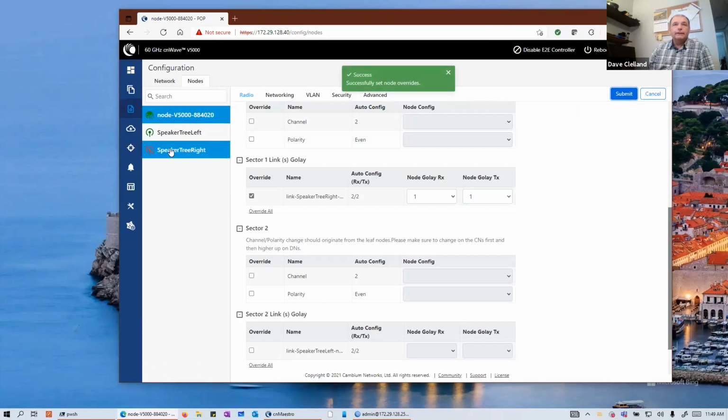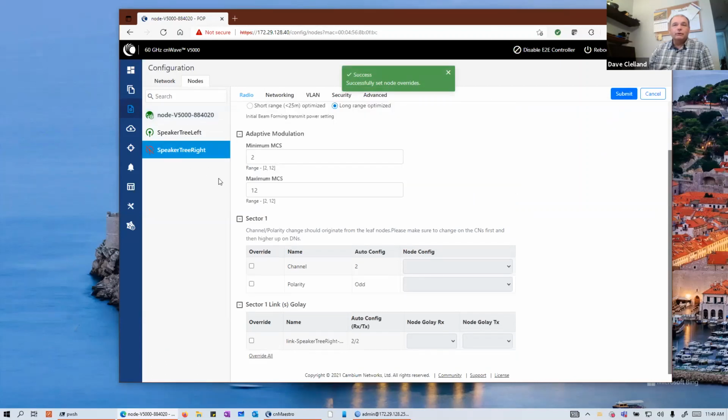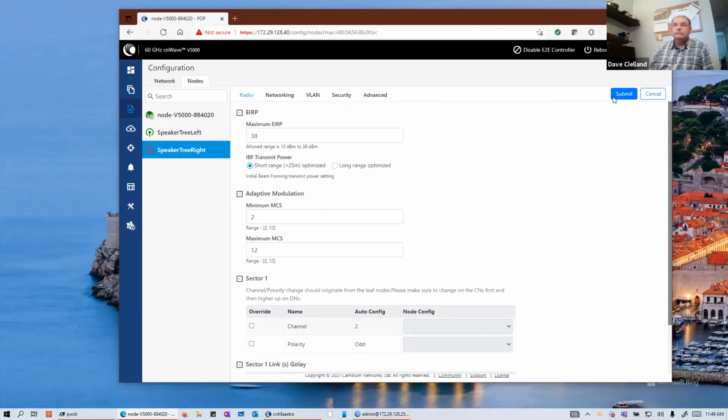Okay, and then let me go to the configuration for speaker tree right, and I'm going to override it, and I'm going to make it Golay code 1, and I'm going to submit it, and when it joins, I'm going to set short range. There we are. So now when this link comes back up, then it should be